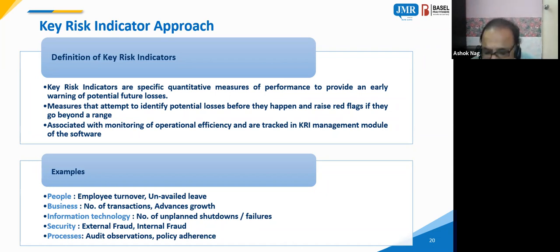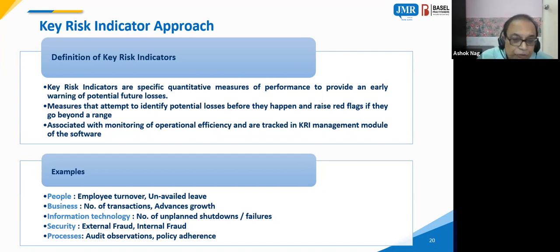automatically generated at every branch level. That means at every branch where home loans were extended to borrowers, how many home loans within the first year of the disbursement became an NPA, non-performing asset. That means there are some one or two failures of the EMI. And that will be the number of failures divided by the total number of home loans given by that branch. That becomes a key risk indicator, and that is not created manually. It is automatically generated.